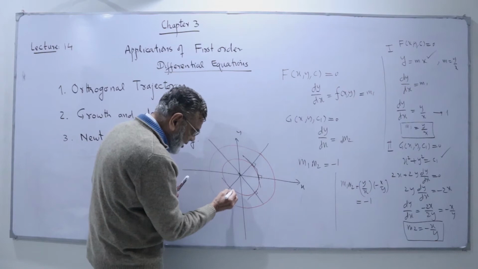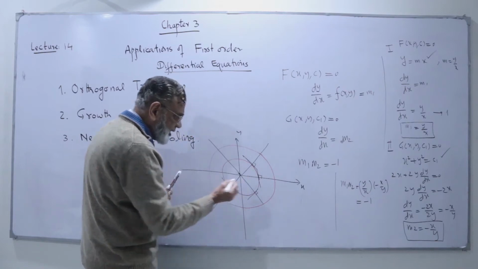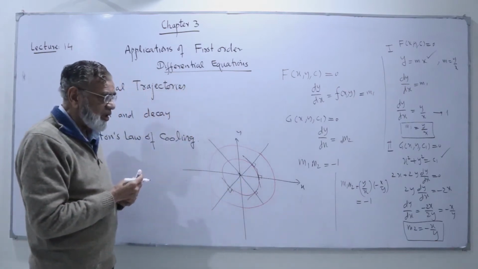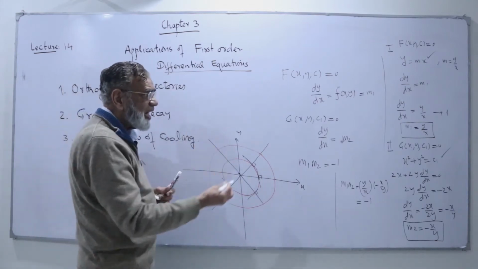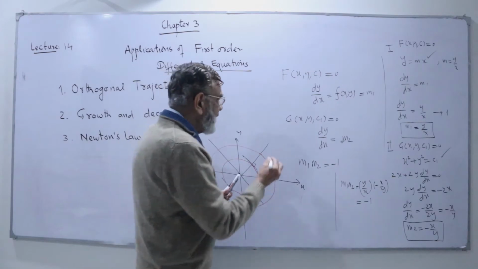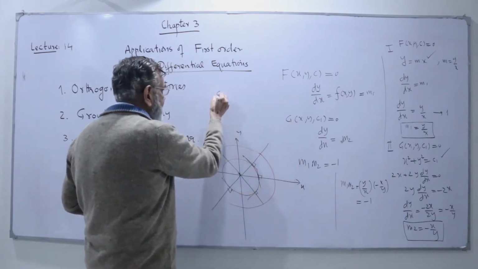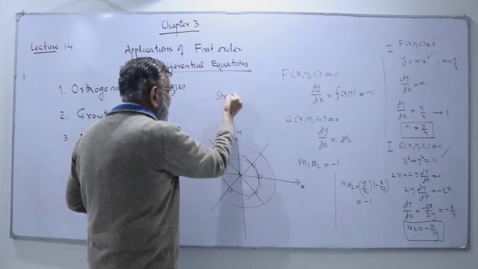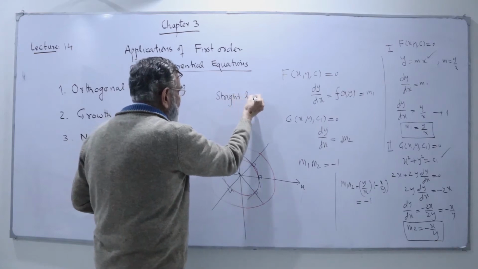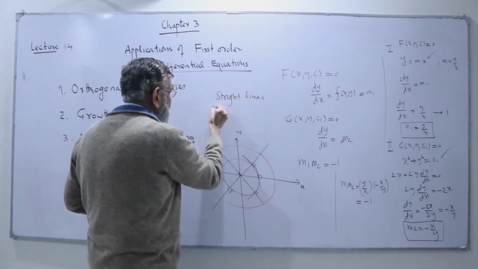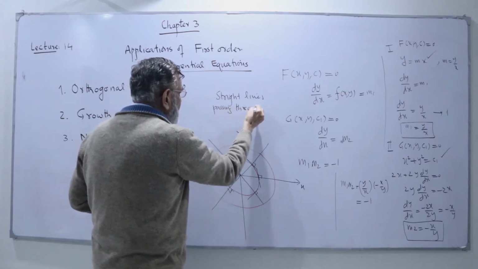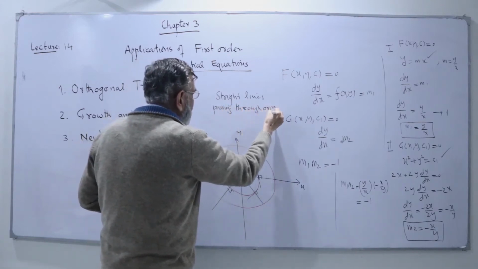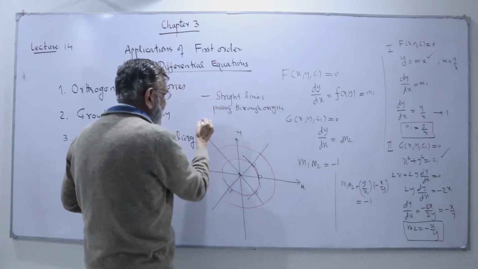I take the tangent to the circle and this line, because the slope of the line is given to us. They are all orthogonal. We can have more lines, more circles, and they are all orthogonal. So we say the family of straight lines passing through the origin, and circles centered at the origin,